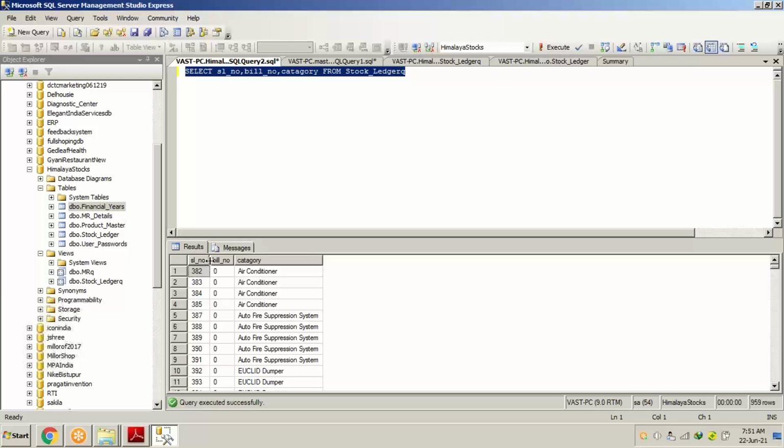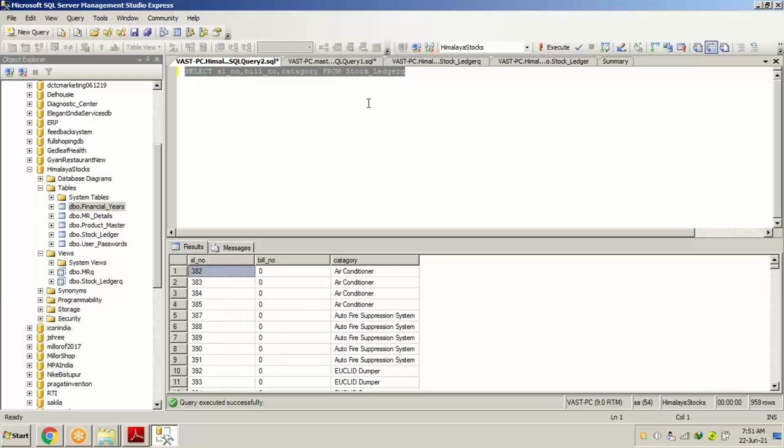Now you can see that from this stock underscore ledger queue table or view, it's a view, but I will be referring to it as a table, it's only picking up serial number, bill number, and category.